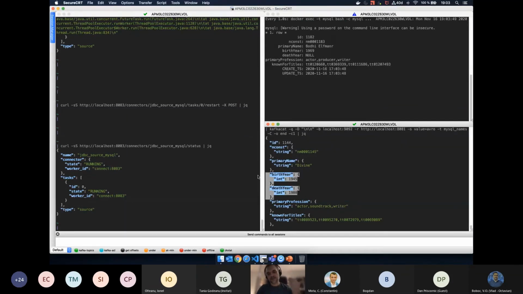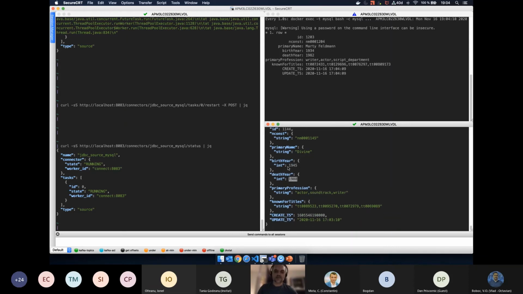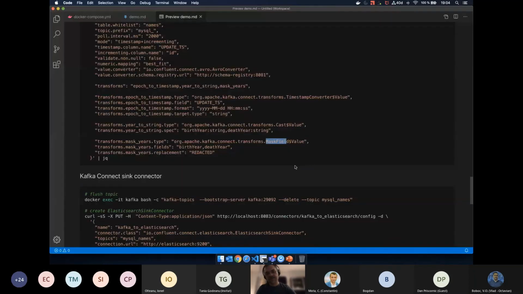We have a database containing employees' personal information, and due, for example, to GDPR reasons, we cannot export that data and store it into another system, and we want to mask these values. And for this to work, first we need to convert birth year and death year from integer to string, and I want their value to be redacted.